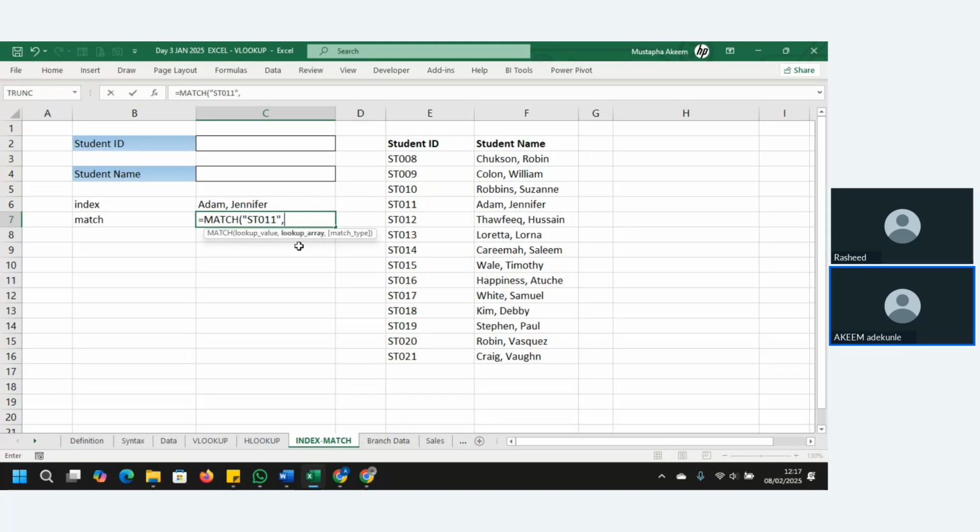It's asking for where? Lookup array. It's okay, look at this column. You can see that it's even from the normal array. This is lookup array. It's okay, look at this column only. You now say, is it exact match or greater than or less than? So we want exact match. Close bracket, enter. So it means